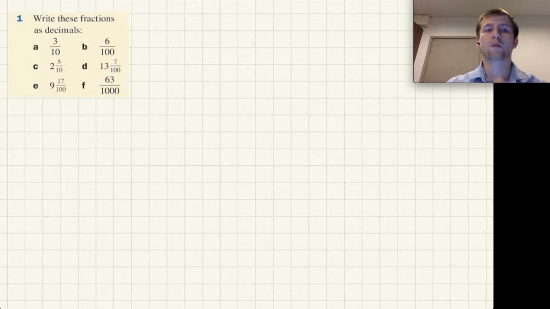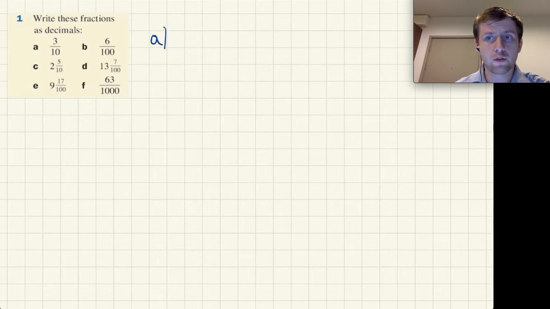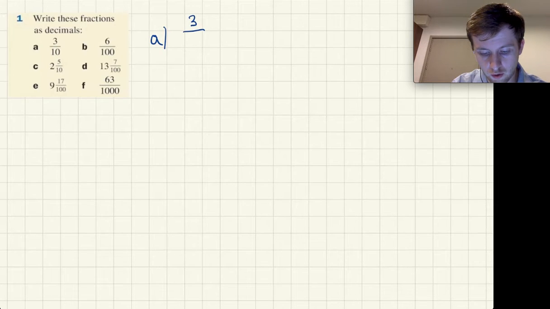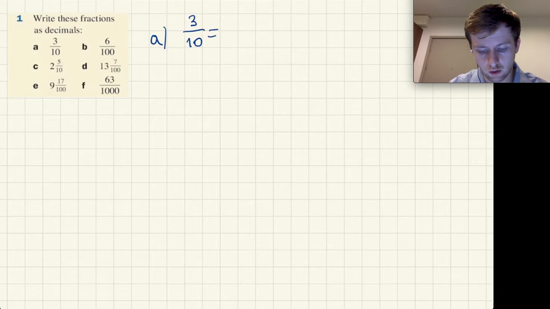In this lesson, I prepared some more fractions for you, but this time we will be trying to convert them to decimals. So how can we do that? One way to do it is that the denominator has to be 10 or 100 or 1000, like one with a different amount of zeros. So for example, if we have 3 over 10, we can quite easily convert it to 0.3